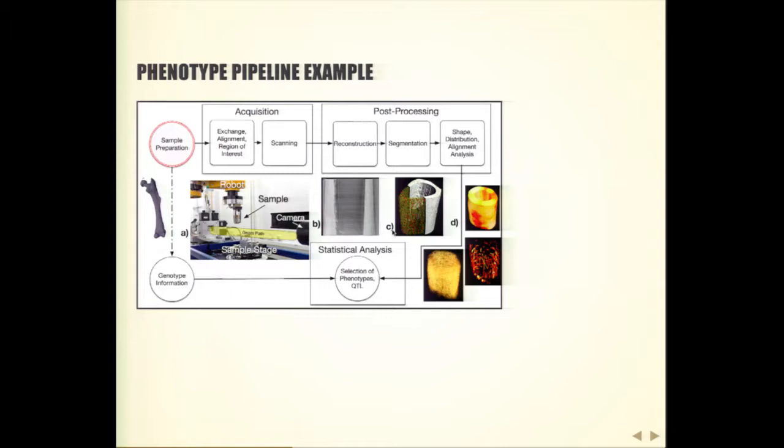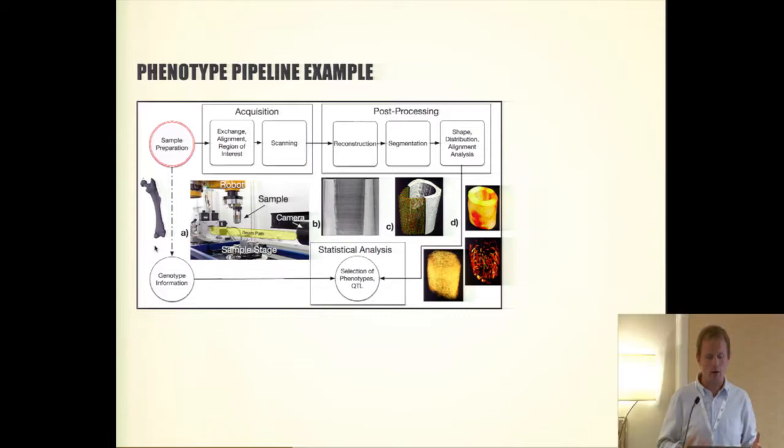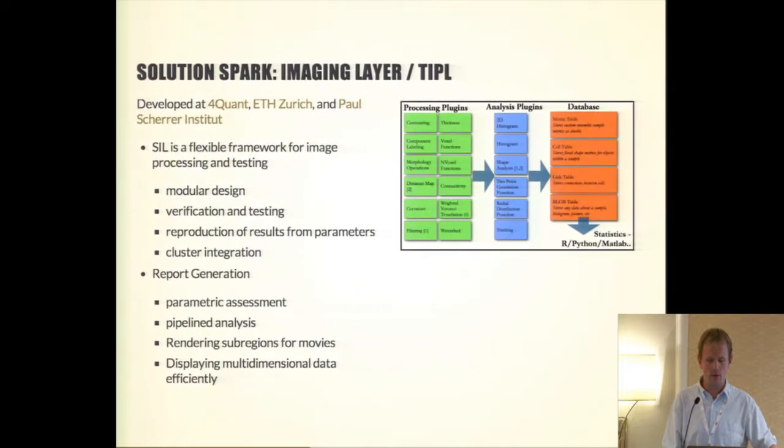So here's an example from a phenotyping experiment we did, where you have 2,000 bone samples. You measure them and post-process them. At the same time, you take the genotypes of all these different mice, and then you compare them together to figure out which genotypes are correlated with which structural parameters, like thickness, or the number of channels that are flowing through it, or the number of cells that you have. And so by taking these two pieces of information and studying them together, you can establish these correlations.